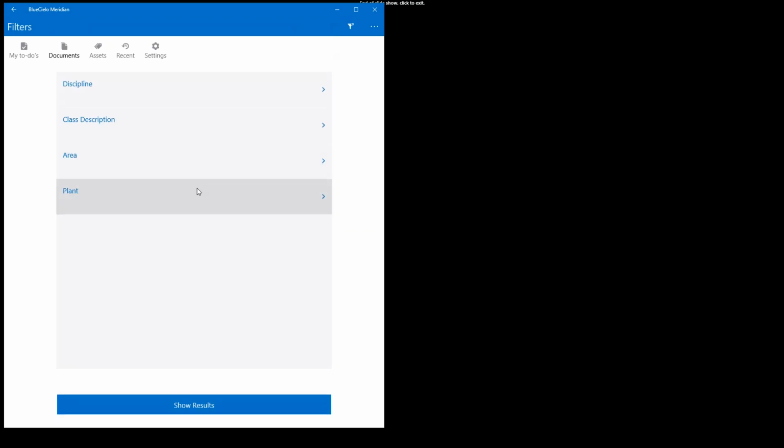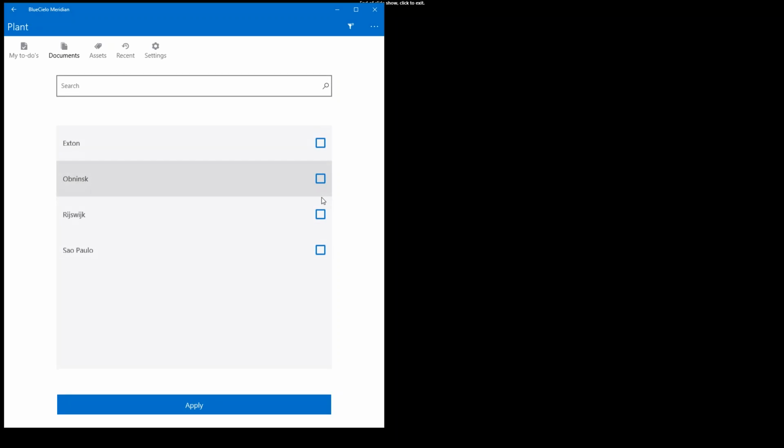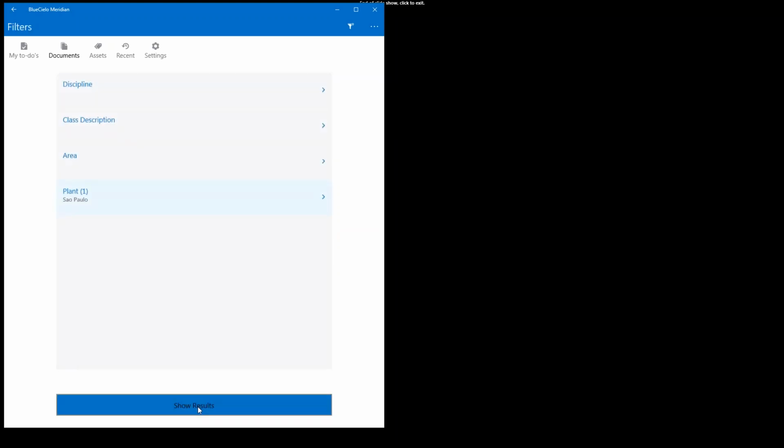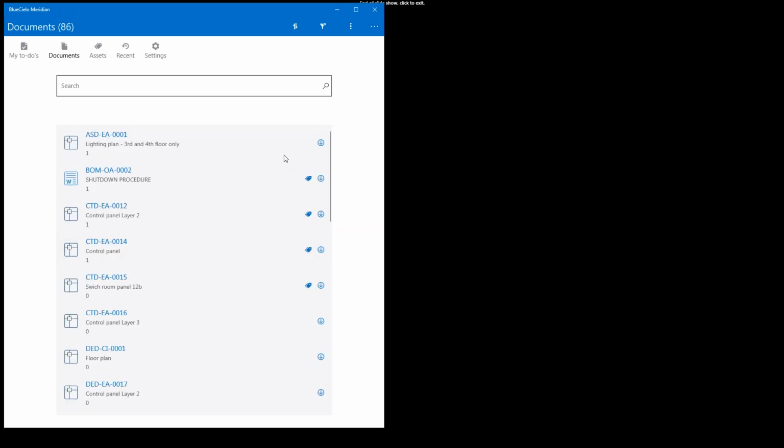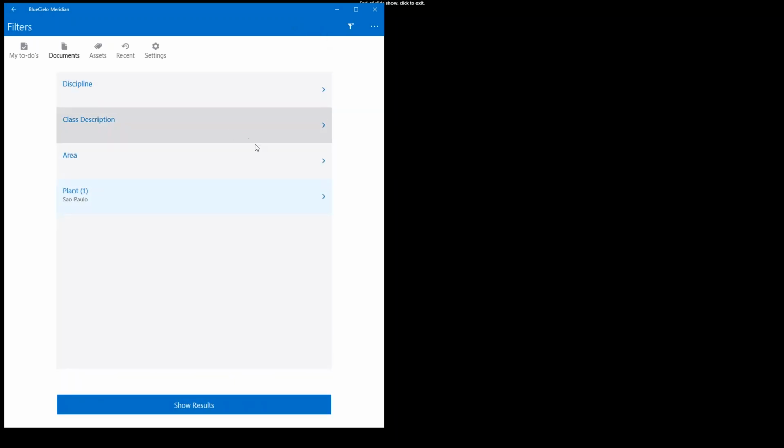I can go in and filter, and in your configuration, you can select what properties you want your users to be able to filter on to make it as easy as possible for your plant users. So I can go in and say, I want to filter by plant, and I can pick one or more. You can see I can check more of these. I'm going to say Sao Paulo, and that filtered me down to 86 documents that I can browse through,